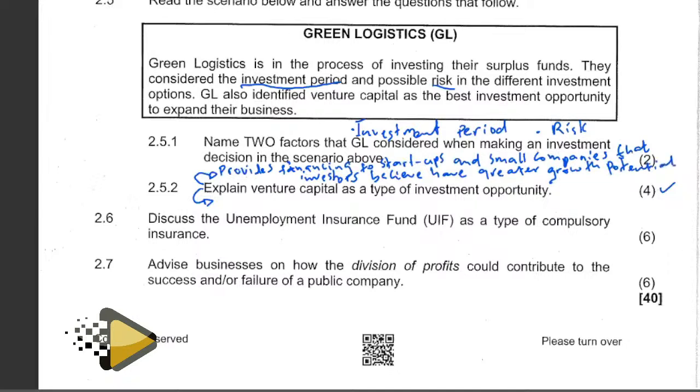Okay, we are saying that it provides financing to startups and small companies that investors believe do have a greater growth